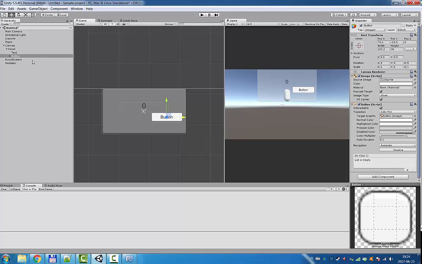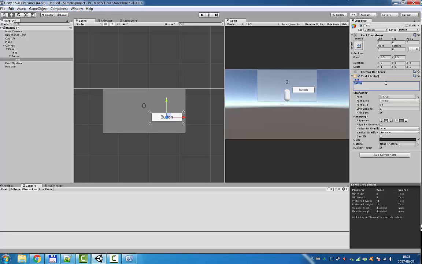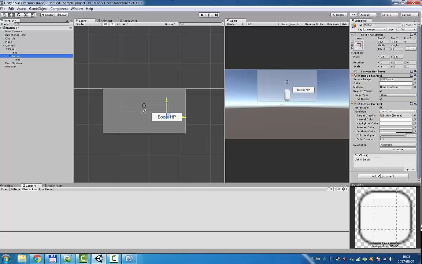Let's change this text to boost HP and get this button. All we're gonna do is every time we press this button, we're gonna update our HP. So